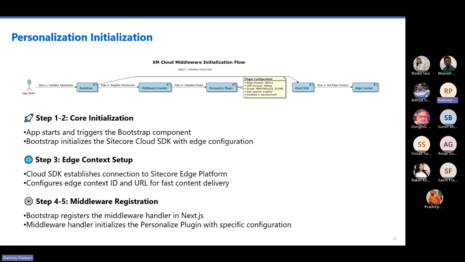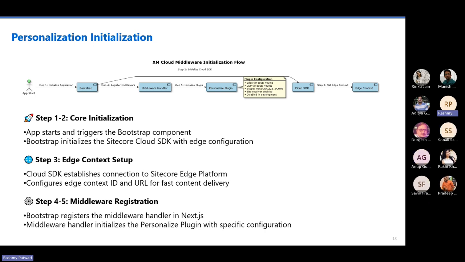Then once the connection is established with the Sitecore Edge, there is the Edge context ID. If we are all familiar, that's basically the only key that is required for connecting all our SaaS products. So we have Sitecore Personalize with XM Cloud as a CMS, and the connecting glue is the Edge context ID.